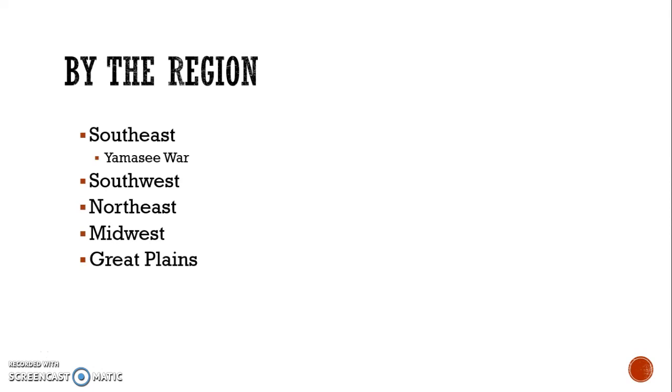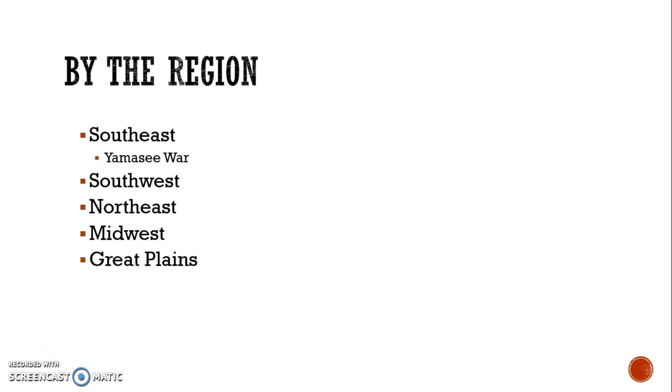I want to focus on the Southeast for a second, Southeastern North America, Florida, South Carolina. Native American slavery was very much present in the Southeast, and not just in Spanish Florida. I know we talked about the Spanish enslaving natives for a time, but the Native American slave trade was actually very prominent in South Carolina as well. In South Carolina, they would actually export natives to the Caribbean islands for a profit, as enslaved, free labor. This action would eventually come to an end with a rebellion called the Yamasee War,